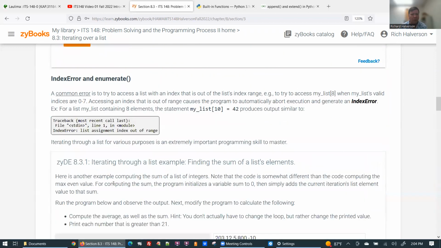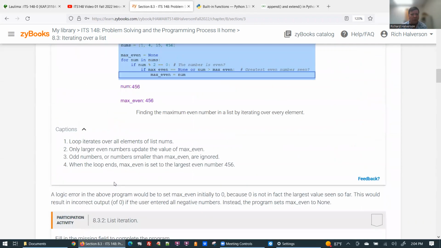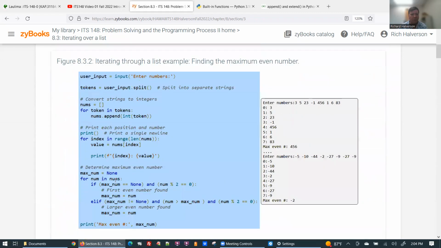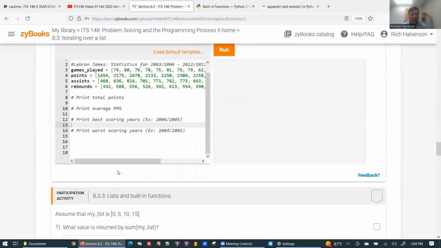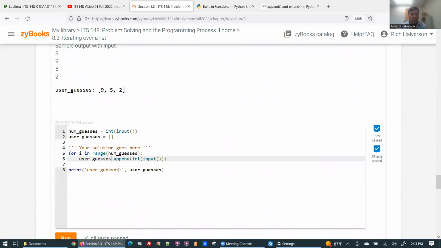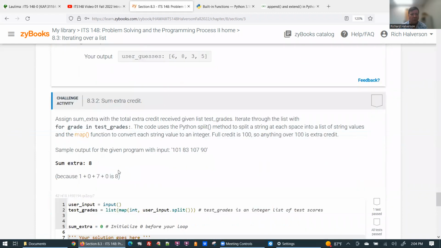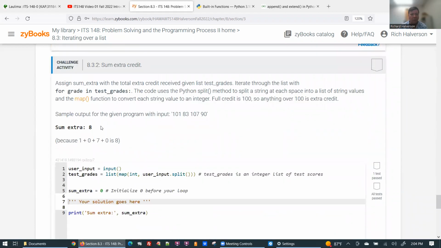Am I not reading something right again? Map function. Max function. Well, I'm going to read this again. Let me open up my